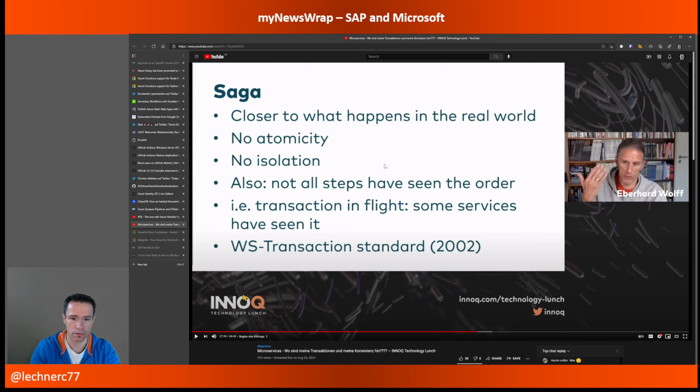A lot of prominent folks are gathered there. They have a completely open session, which takes place more or less regularly at German lunchtime, called InnoQ Technology Lunch, where people from InnoQ present something. A very, very broad range of topics. And this week, it was about microservices, transactions, and consistency.